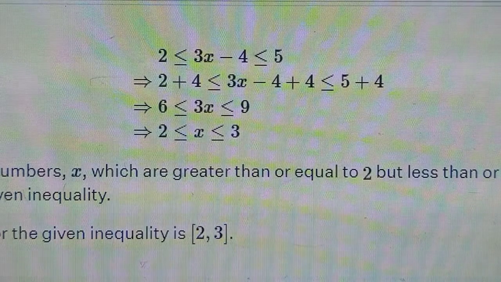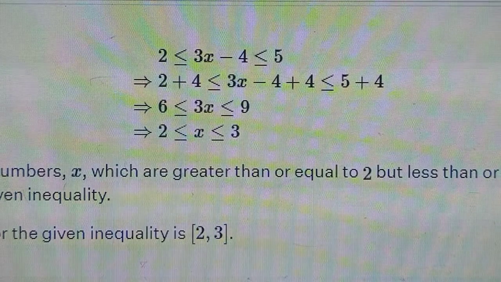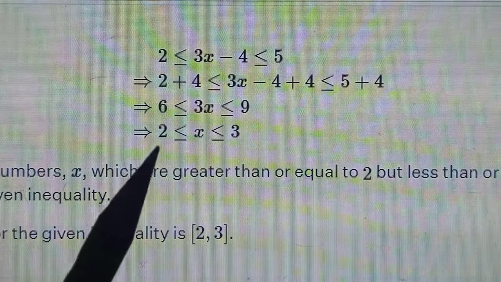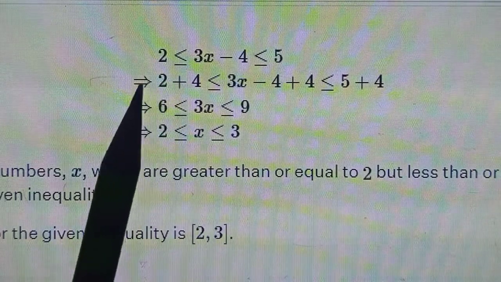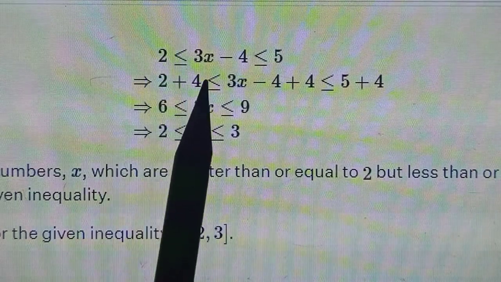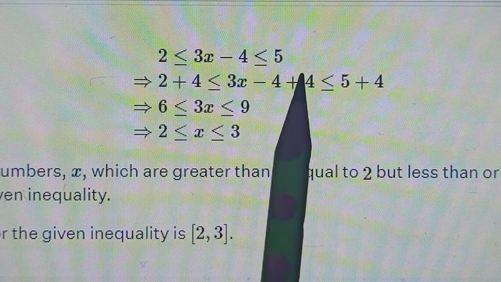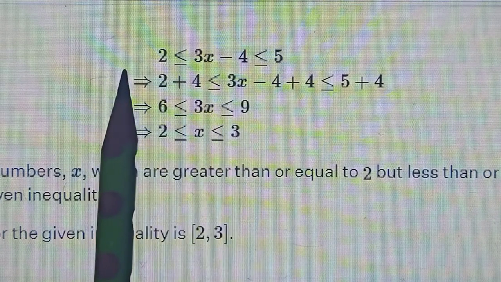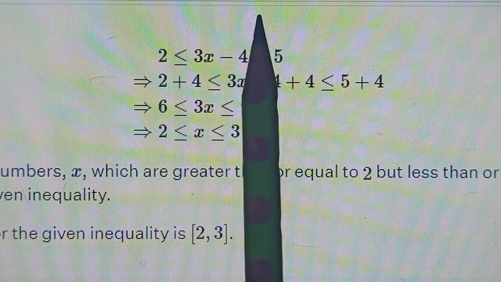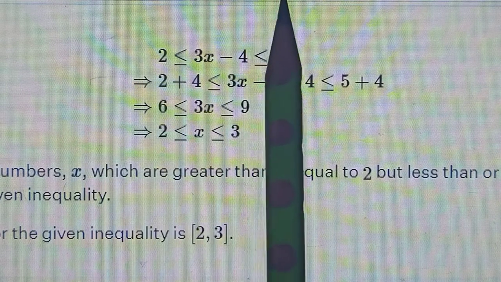Class 11. Now, miscellaneous exercise on solving of inequalities. So you see this first inequality given to you, that is 2 is smaller than or equal to 3x minus 4, which is smaller than or equal to 5. Okay, so this is actually better. Yes, simultaneous. There are two inequalities. See, if you remove this portion, you have to see this as two inequalities.